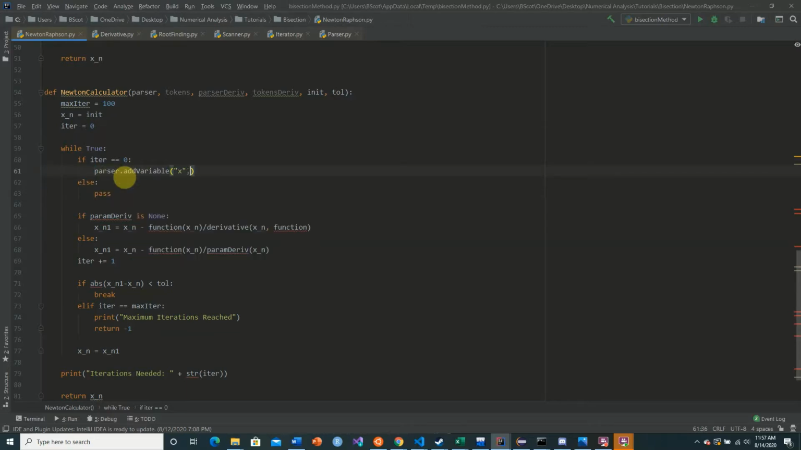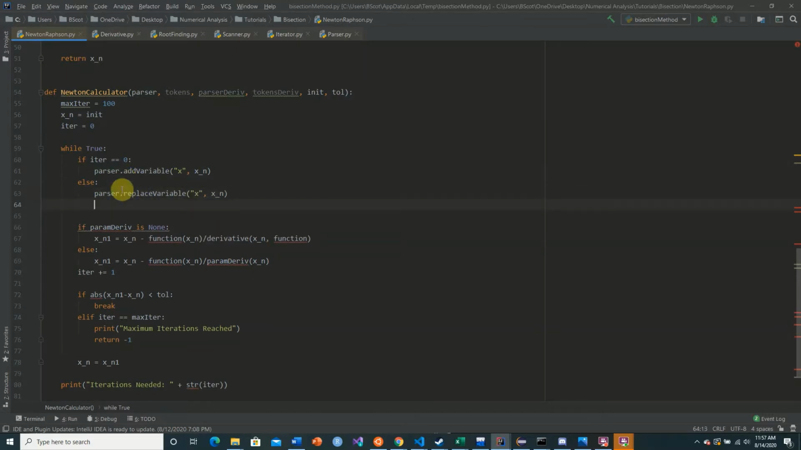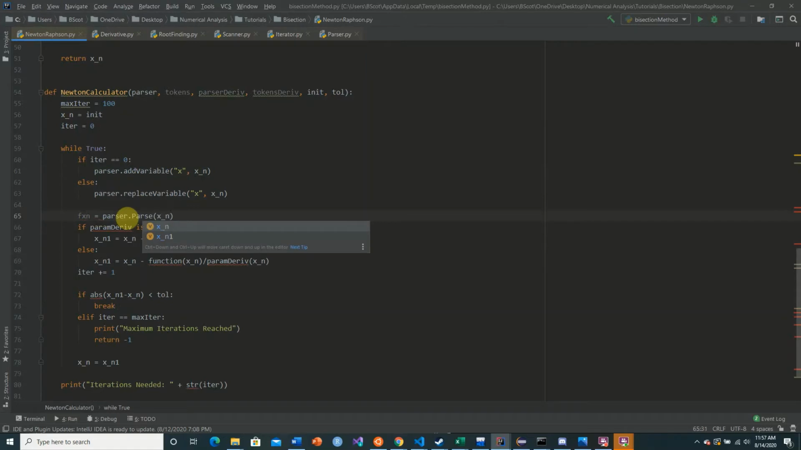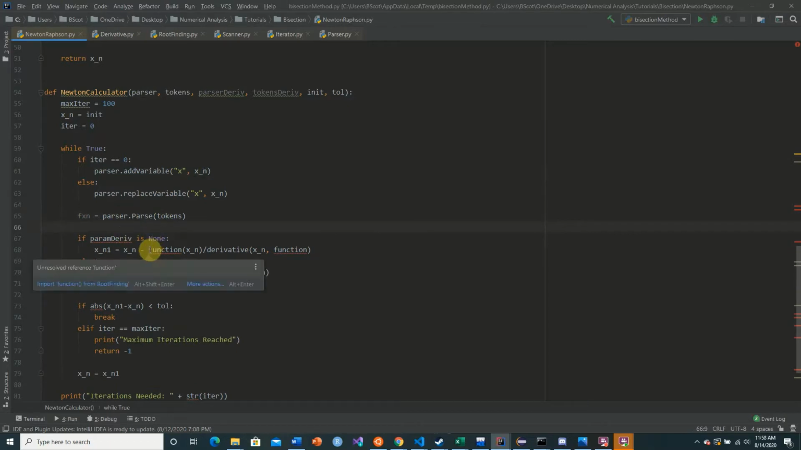So we say add variable x, add our x sub n. If this is not our first iteration, then we're simply going to replace our variable. And then what we're going to do is we're going to decompose this function right here outside. We're going to say f of x sub n is equal to our parser dot parse, excuse me, this needs to be our tokens. We're going to parse the tokens of our original function. So now, since these have sort of a common left-hand side, we're going to extract that out from our loop